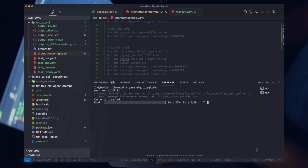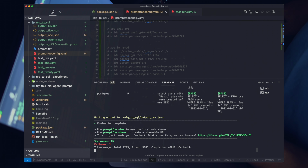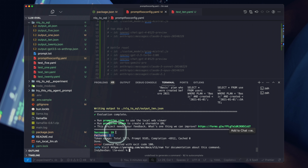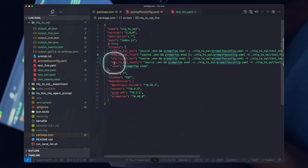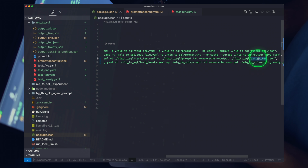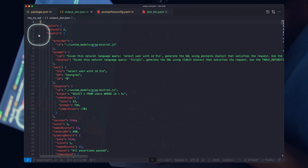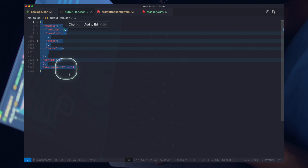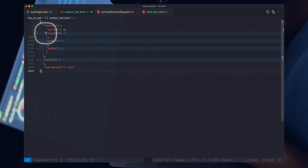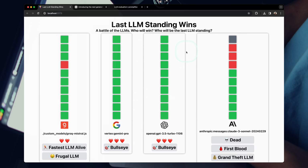Let's fire that off. Right now in Promptfoo with a delay timer, both GPT-3.5 and Groq Mixtral are running, and bam, we just saw them complete. We have one failure out of 19, that's great. If we come into the output file, you can see here in the package.json, we are outputting these to an output10.json file. We open that up, and you can see we have all of the results, and we have stats, and the Promptfoo developers give us a nice set of information to work with from our test output. We focus on the results. What we can do here is take this, go back over to our application, refresh,